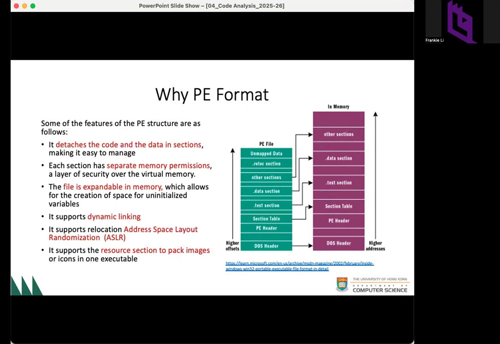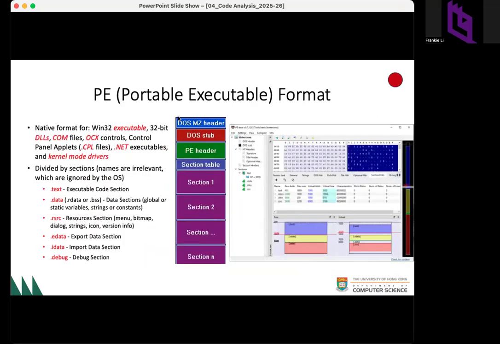So for example, if the DOS header plus the DOS stub, these two items, are more than, for example, 512 bytes or 200, and the actual data contained inside these two sections is 300 bytes, for example,